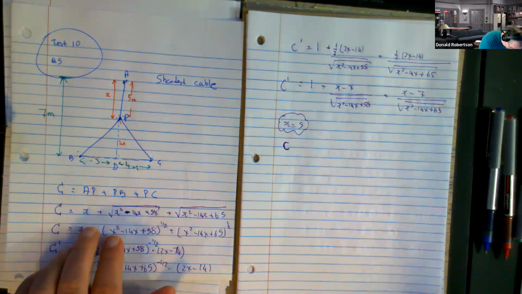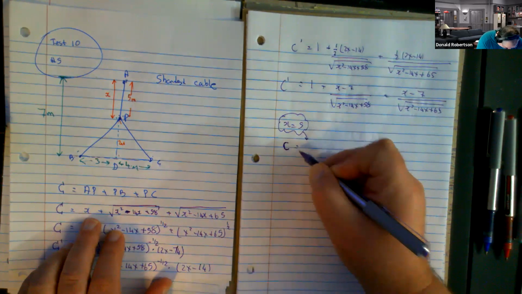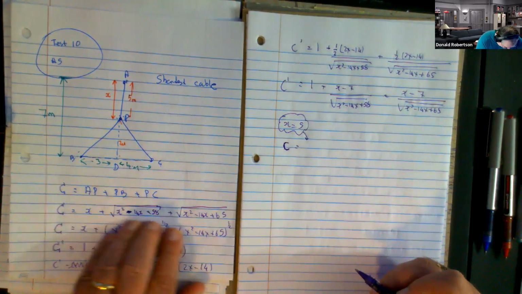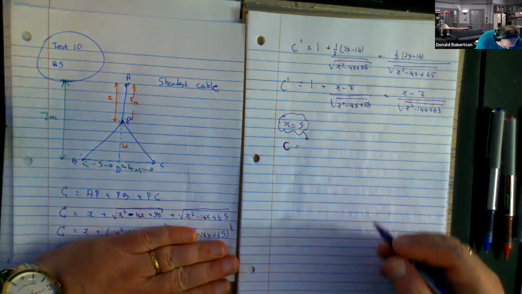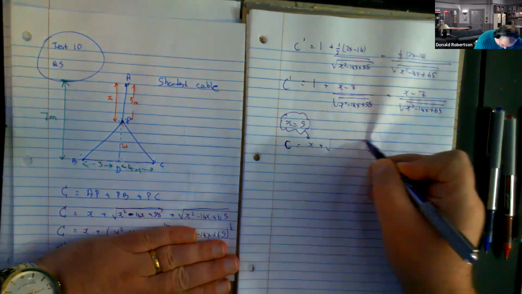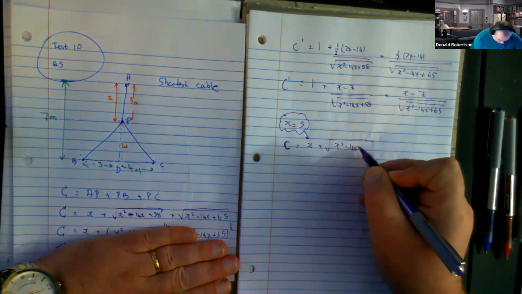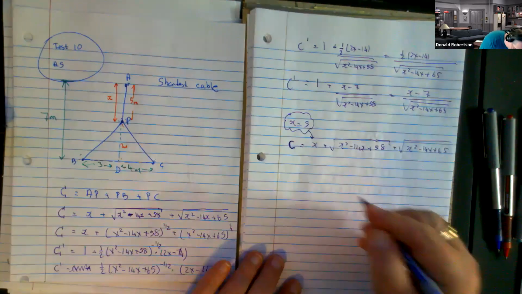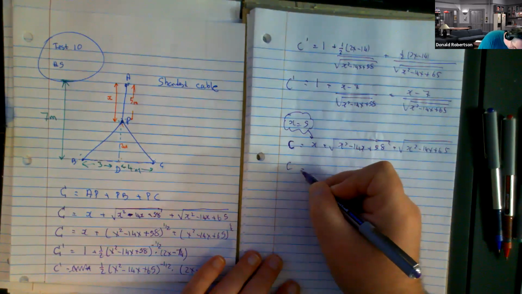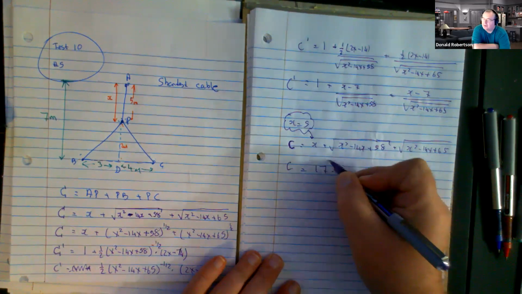Wouldn't you plug x equals 5 into this ugly expression here? And I'm not going to do that because it would take me too long, but can we pretend the answer is 17.1? Just a made up number. But you can